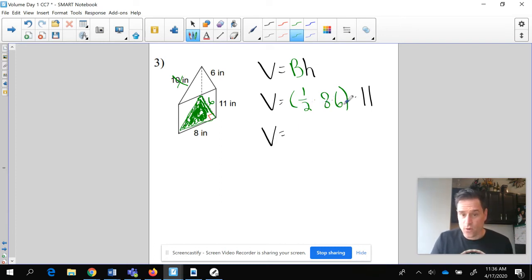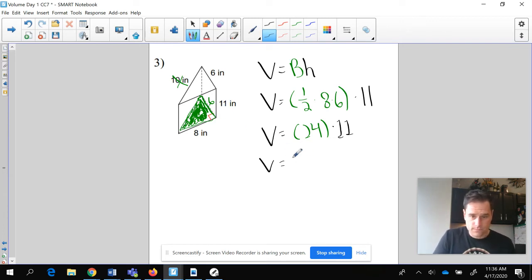Half of 8 is 4. 4 times 6 is 24. That is the area of the base times the height, which is 11. That's my ugly looking 11. And now we can solve that. 24 times 11 is